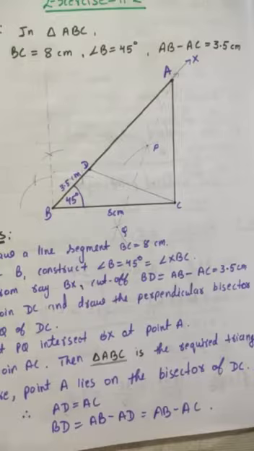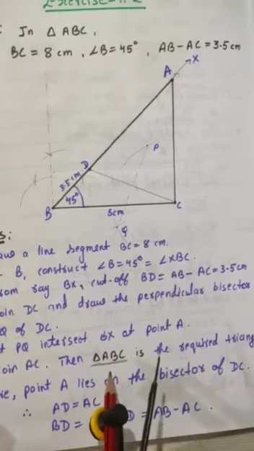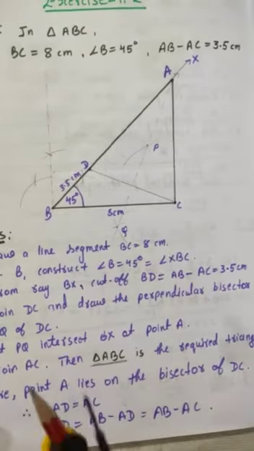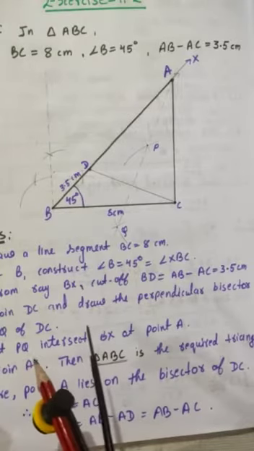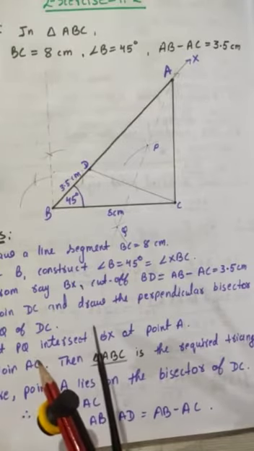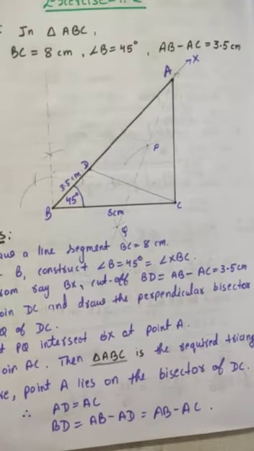So this is the construction when the difference of two sides is given. Now the third question is exactly the same as this, which you have to do on your own. The fourth question, as I told you, is not there in the syllabus. It has been deleted as it includes the perimeter of a triangle, which is deducted. Now we'll see the last sum of this exercise, question number 5.